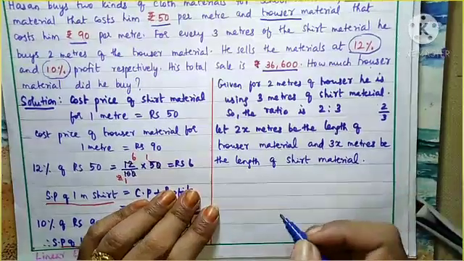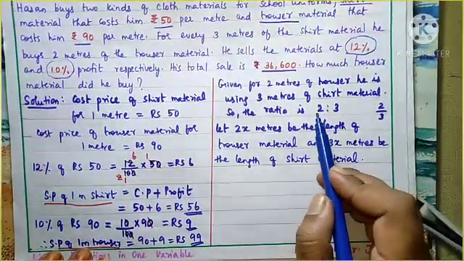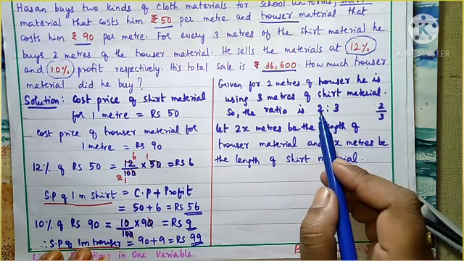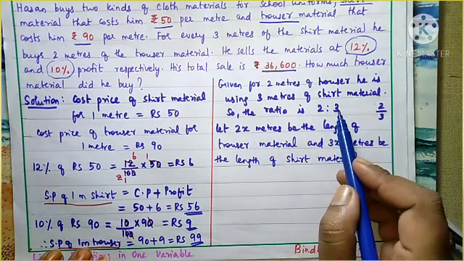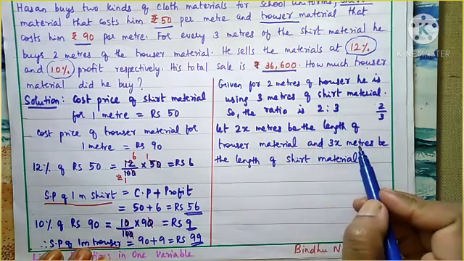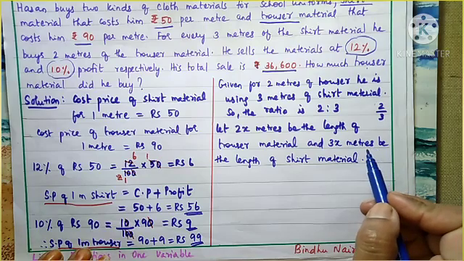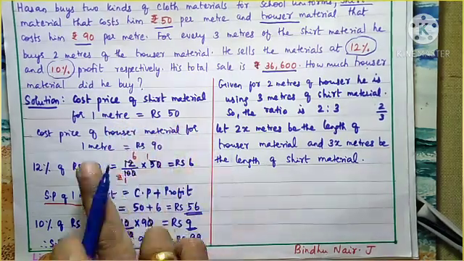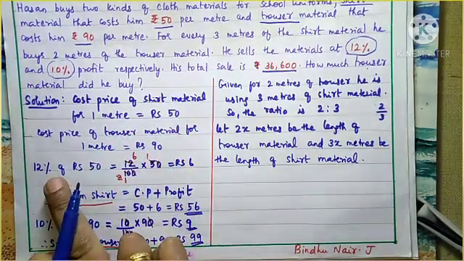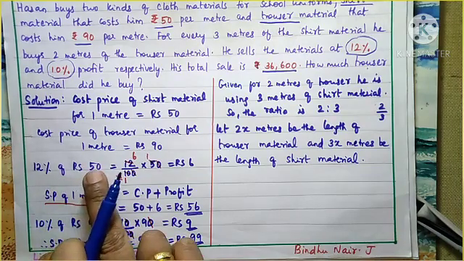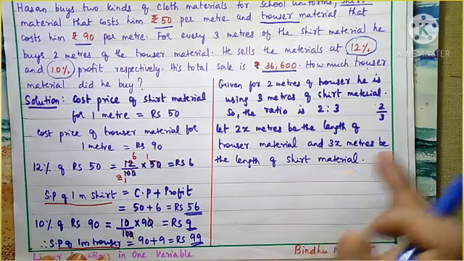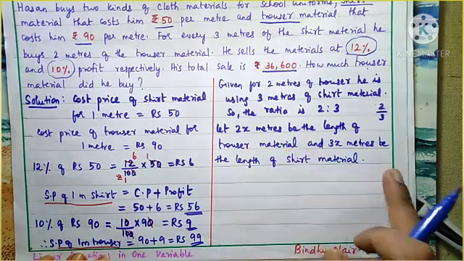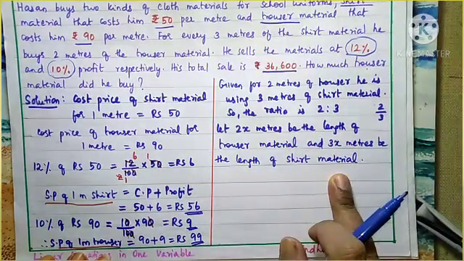Okay, all of you understood this much? So the ratio is given to be 2:3, so that we took the trouser material total length as 2x meters and shirt material total length as 3x meters. Understood? So up to this what all we studied? 1 meter of shirt how many? 1 meter of trouser how many? Then what is the profit percentage for shirt and trouser we find out. Then from the ratio we calculated what is the total length of trouser material and what is the total length of shirt material. Okay.